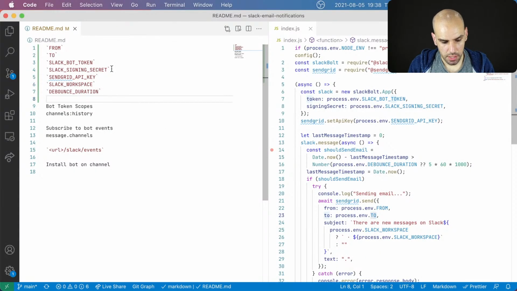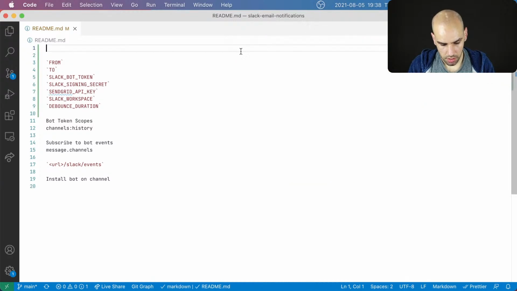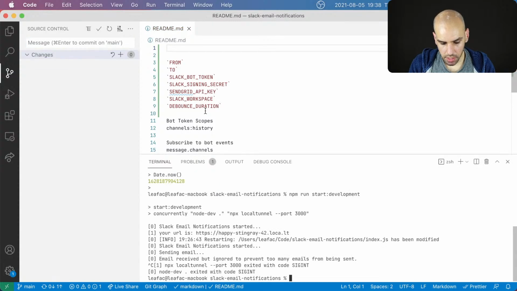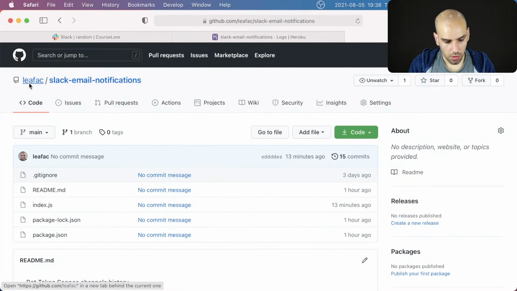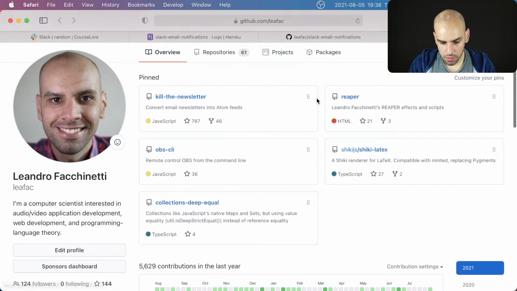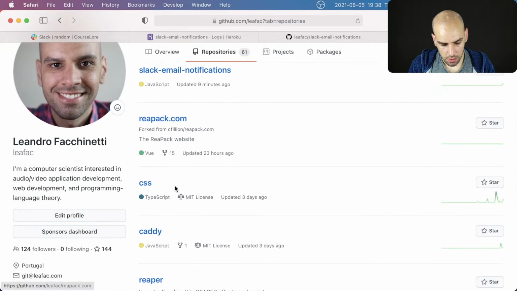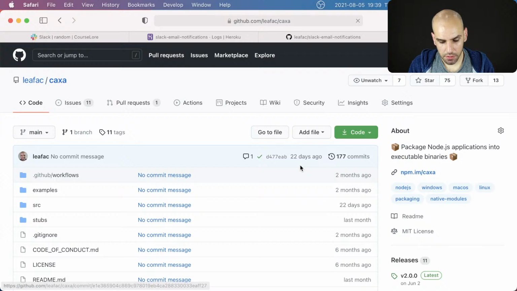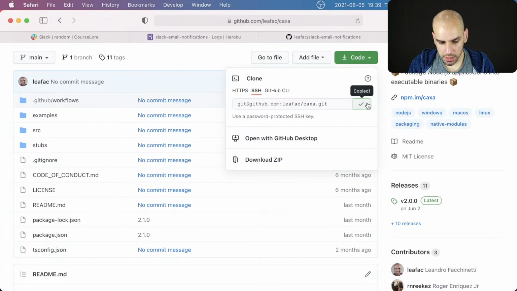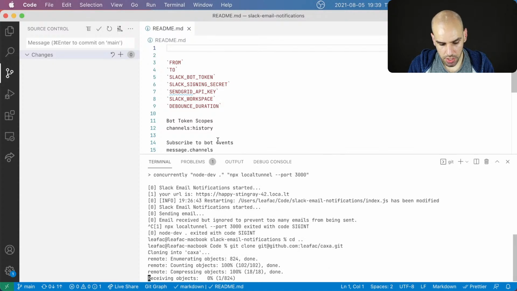So I can switch back to this, and we can write some docs. Let me commit what I have, and I'm going to come to my code folder, and I will clone another repository to borrow some stuff. What is a good repository to do this? Maybe Cache. Yeah, that's another project I have. So I'm going to clone this, and I'm going to copy things like the license and whatnot from this other project.